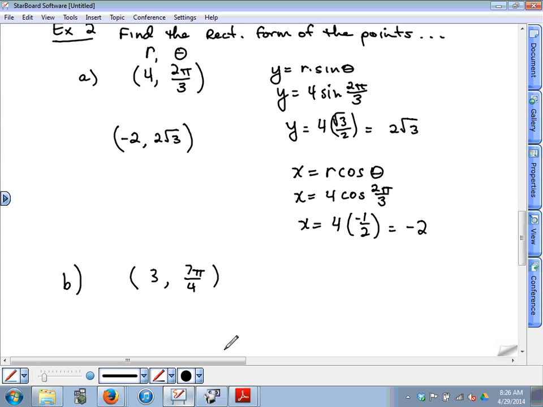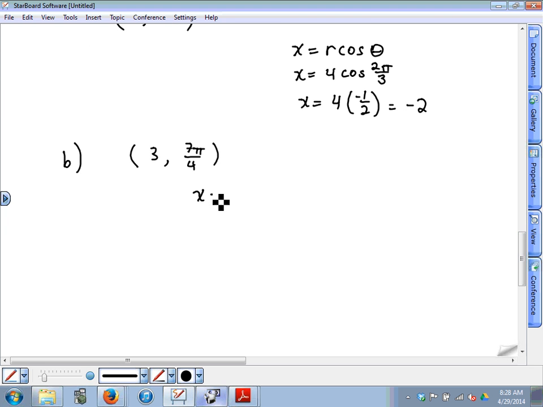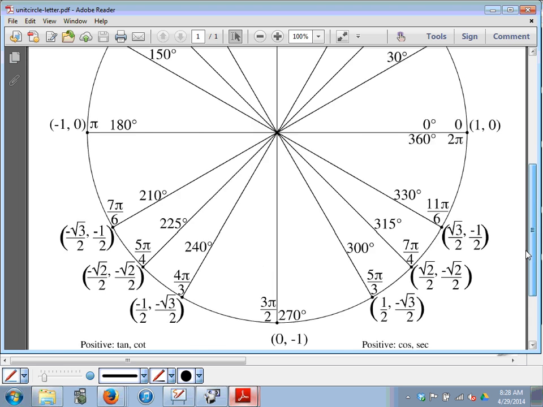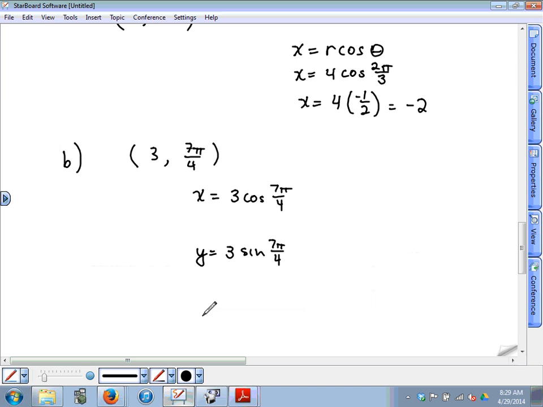So that's in polar form. Take a minute and convert that into rectangular form. So x is equal to r times the cosine of 7 pi fourths, and y is equal to r times the sine of 7 pi fourths. So, to the unit circle. 7 pi fourths. The cosine would be square root 2 over 2, and the sine would be negative square root 2 over 2. So this equals 3 times